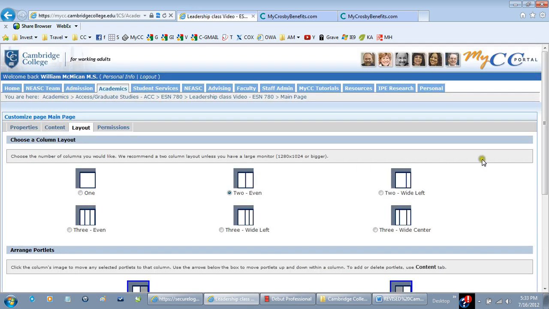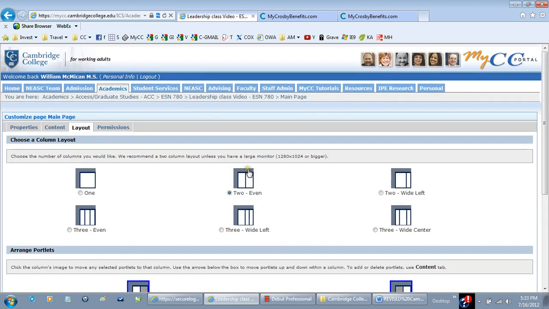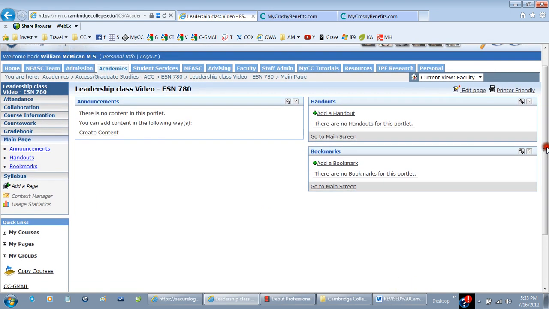Then I need to verify my layout. The layout has announcements on the left, handouts and bookmarks on the right. So now when I click on main page, I'm looking at just these three portlets. The focus of this session is on the handouts. The handout page here,